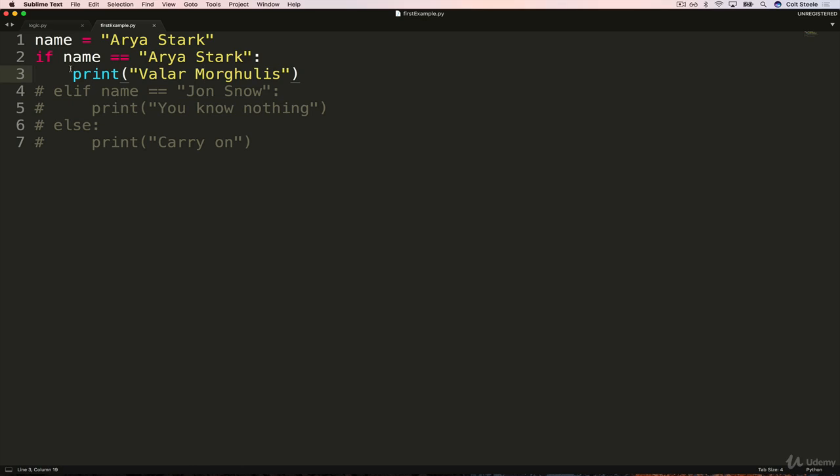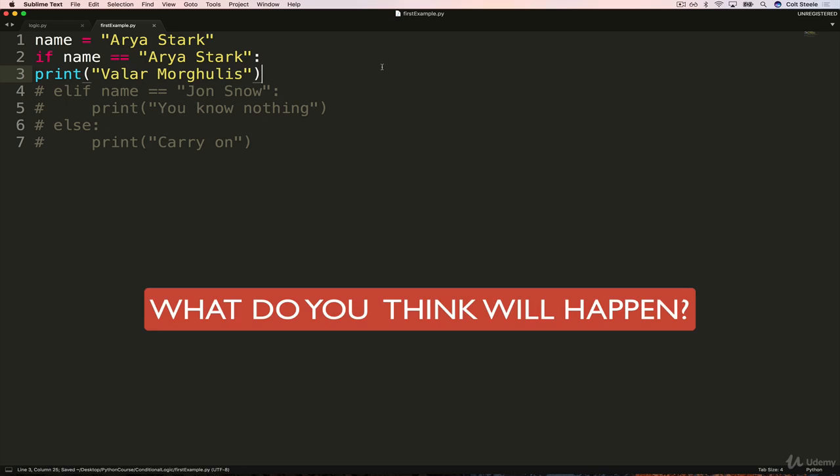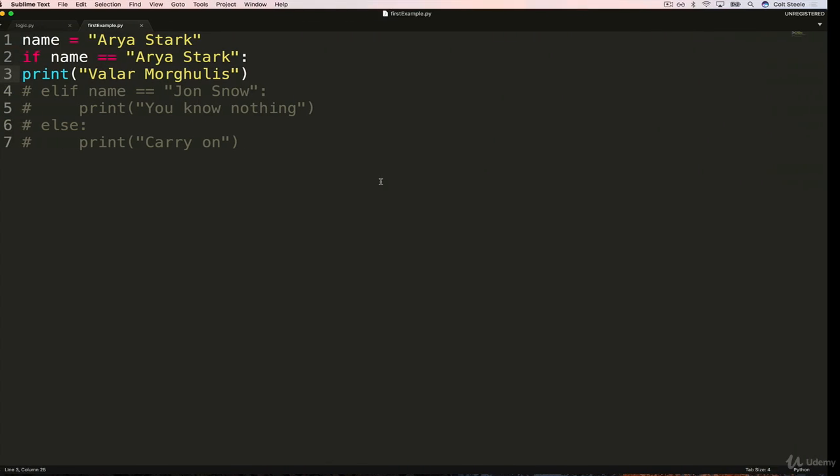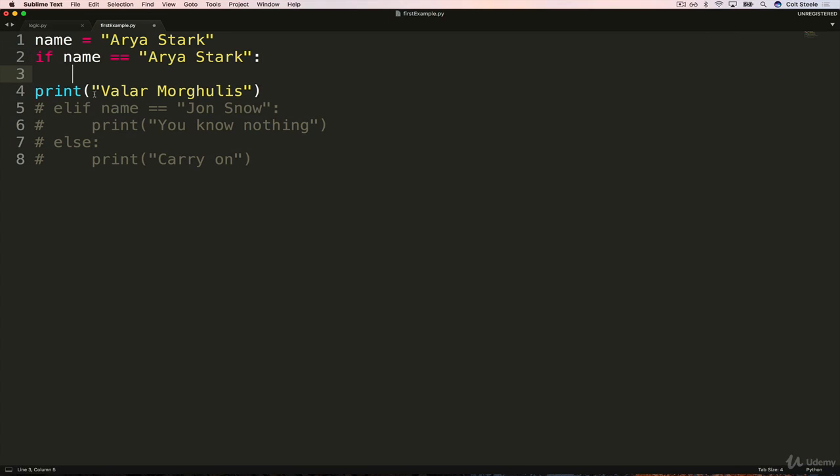The other thing I'll show you is that the indentation does matter. So if I did this, what do you think will happen? Let's try it. I get an error because Python tells me, hang on, wait a minute. There was an if, the line before. I was expecting an indented block afterwards. I didn't get one. So it kind of treats this as if it was just a regular print, but it's expecting an indented line. It doesn't have to be a print. I should be very upfront about that. We could do a lot of different things in here. And we will. In fact, most of the time we won't just be printing things out. We have only learned how to print recently, so we're doing that.